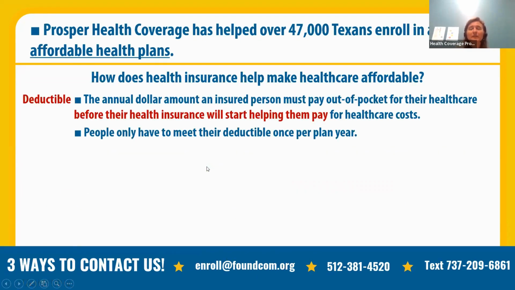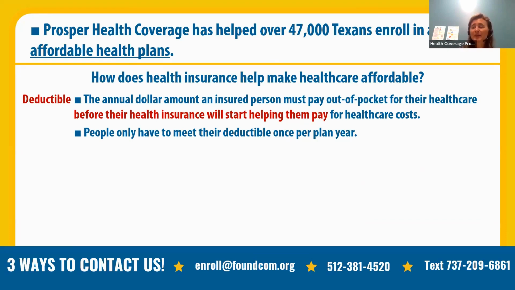Now, here we have some of the more structural or more plan-specific costs connected to cost sharing. So, a deductible. And like I said, there will be some visuals after this presentation, so if reading words is not being super helpful, just hang tight and we'll get to the examples at the end. A deductible is like a chunk of money that an insured person has to put into their health insurance plan, or they have to reach that amount by going to doctors, before the health insurance company will help them start paying for things.